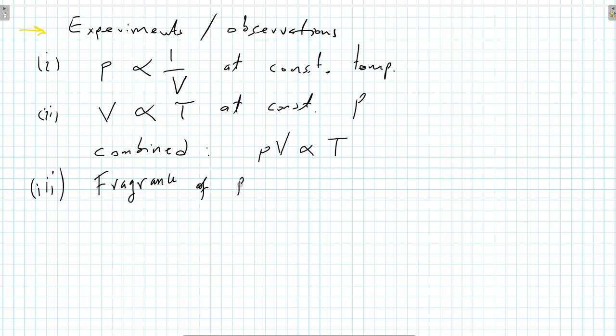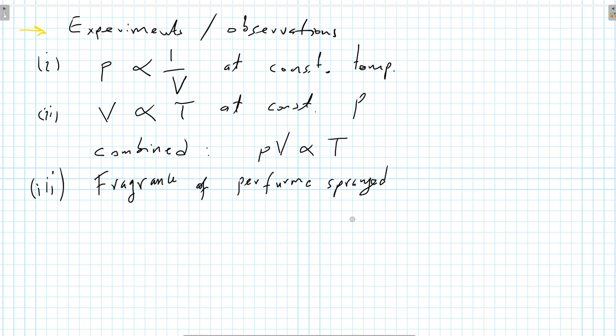If you have perfume sprayed at one end of a room, it takes some time before it reaches some other part of the room. So one would like to understand this because of